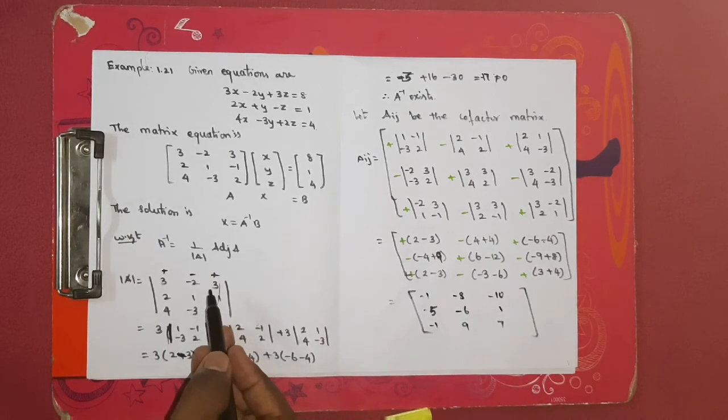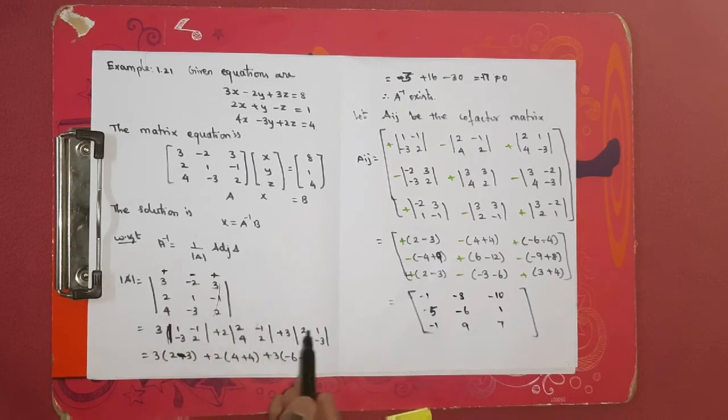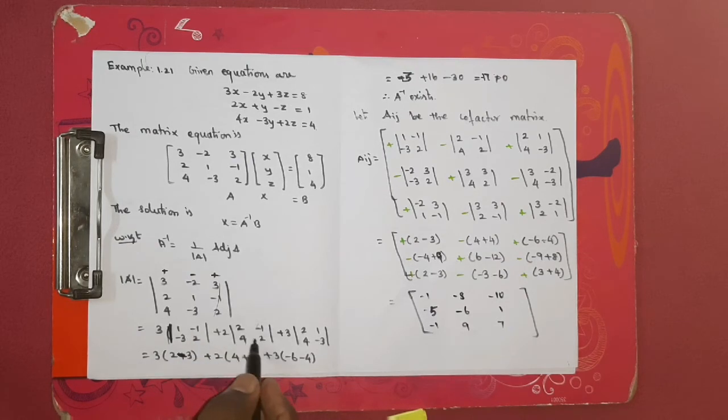Put them in a determinant, multiply with 2. And next 3. So these entries, put in a determinant and multiply with 3. So 3 of 2 into 1 is 2. And here 3, but above that you have minus, so minus 3. 2 of 4, 2 2s are 4. Here minus 4, but above minus, so plus 4. 3, here minus 6, and here we have 4, but above that we have minus, so minus 4.